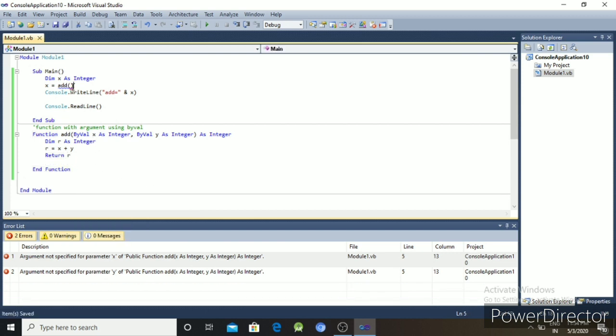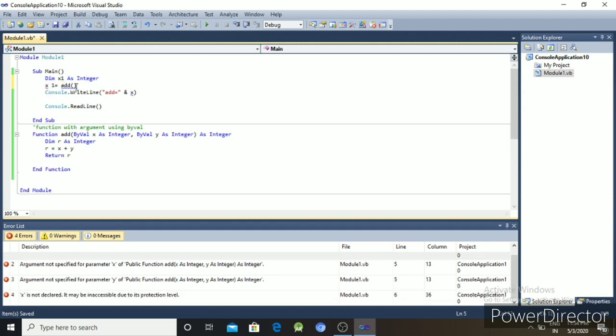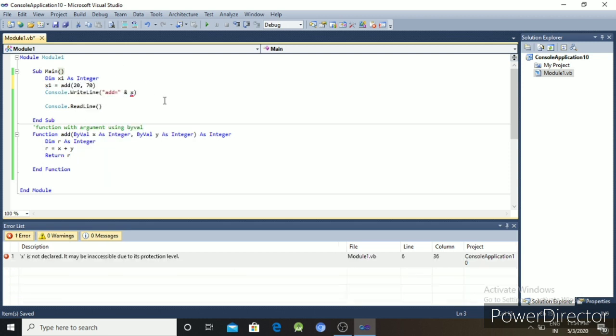Next, x equal to x1, and pass the values 20 and 70. Then find the output here, x1.